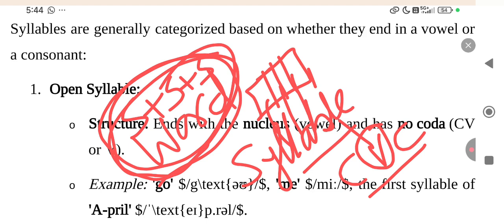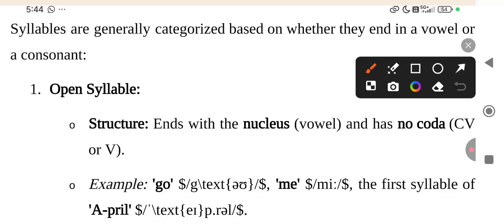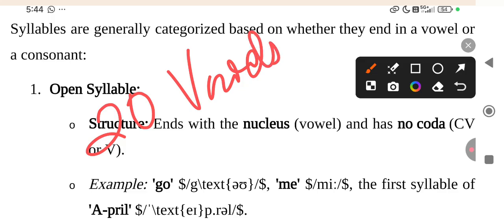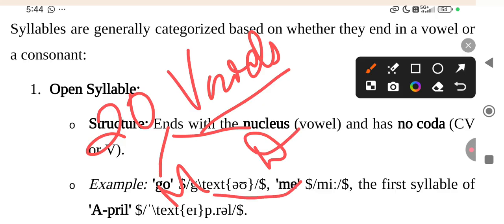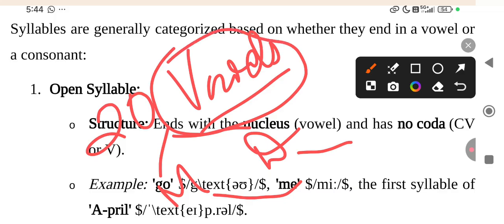We saw that there are 20 vowels among the IPA symbols. The IPA symbols are divided into two categories, 24 consonants and 20 vowels. The 20 vowels are again divided into monophthongs and diphthongs. A monophthong is a single sound; a diphthong is two sounds together, but it is counted as one. So our focus will be on vowels when we talk about syllables. Please keep that in mind.